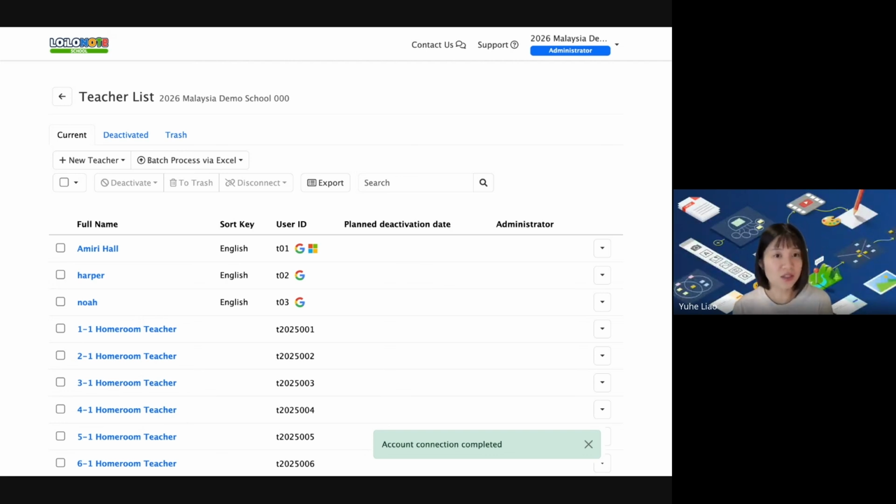You just need to enter the password once, and then your devices will remember your login information. So next time when you click on Google login, you will go directly into the system. But do you remember we talked about LoiLoID? LoiLoID is not SSO. Why? Because every time you sign in via LoiLoID, you have to enter the school ID, user ID,